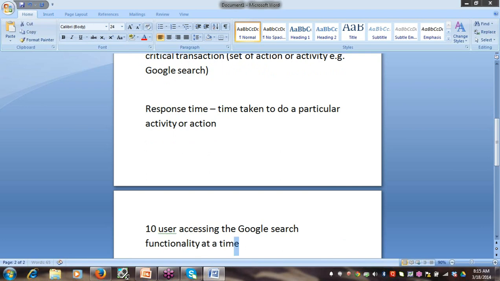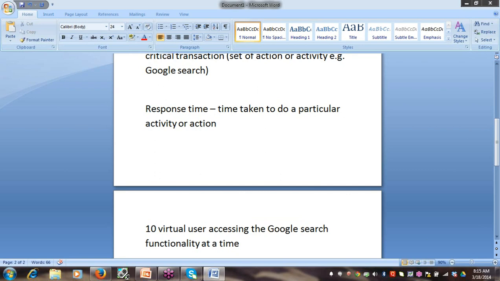This we want to test in performance testing. So this is called a workload. It is under a particular load, say 10. Here we use virtual users because we are not using real users. We are using virtual users.